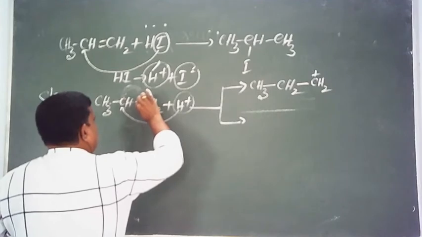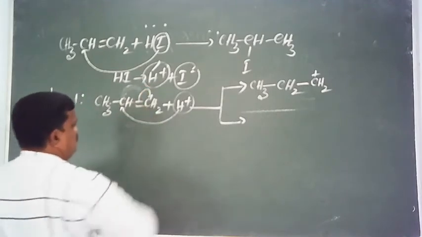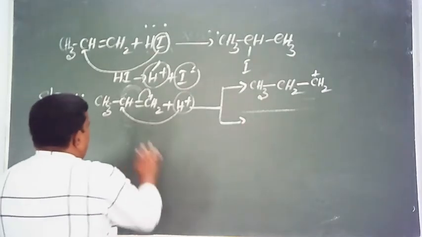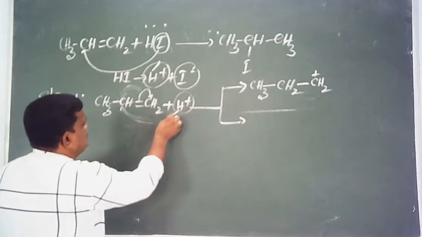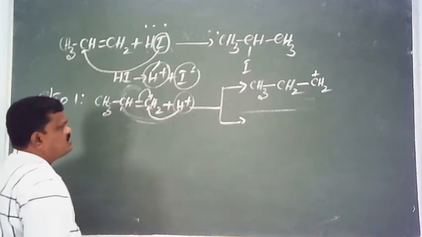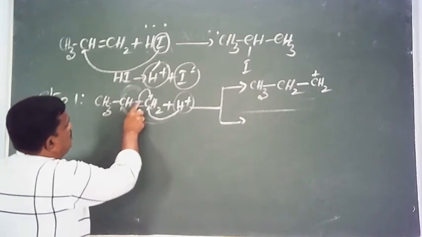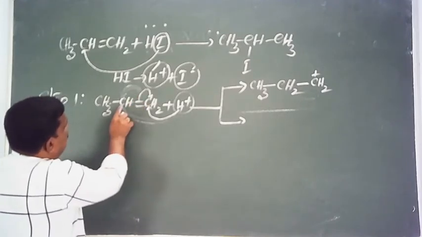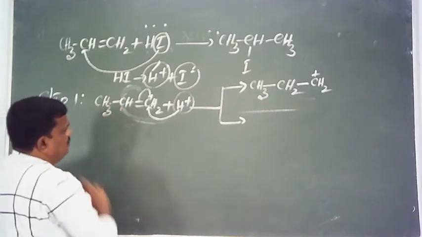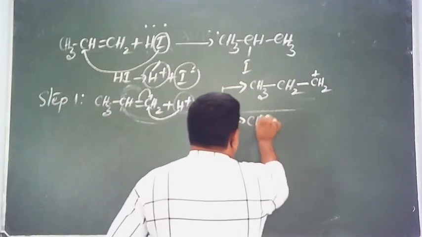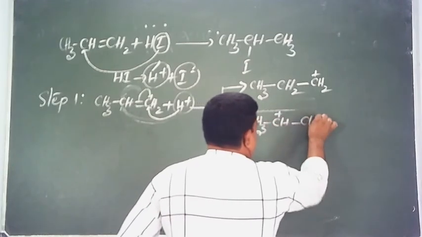Another chance is used here, say pi bonds. Pi bond means the electrons which are present in this bond get shifted to this carbon. Now our electrophile attacks this carbon, which becomes electron rich. So now the bond gets shifted to this carbon. As a result of this, positive charge gets created on this carbon. So we get this carbocation, CH3, CH plus, it becomes CH3.